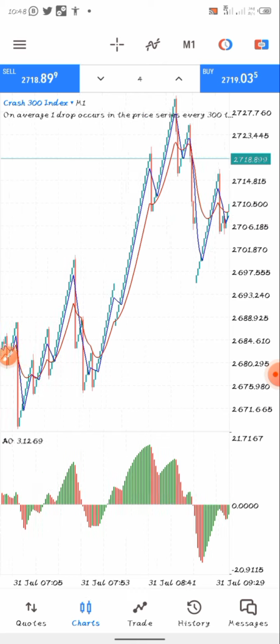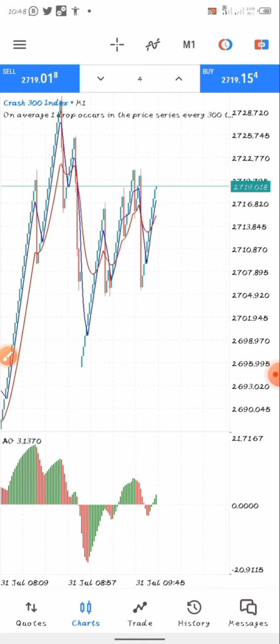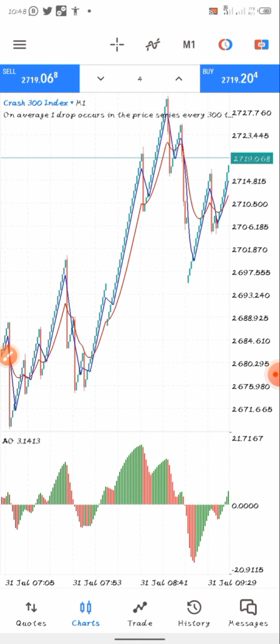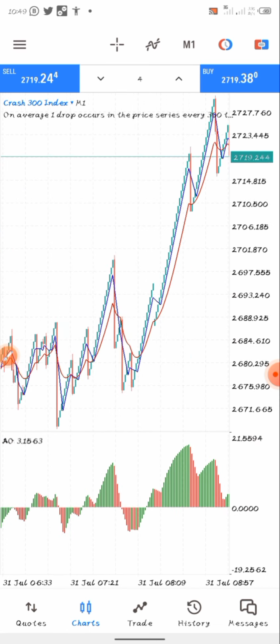Now let's say you want to scalp the market. You want to take 10 to 15 candles, and then we leave the trade. The first thing you have to figure out is to let your moving average